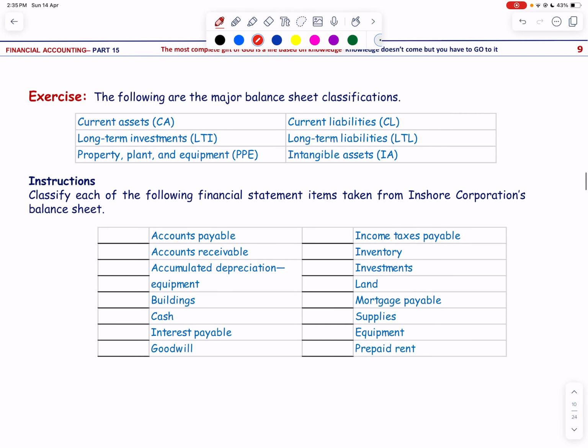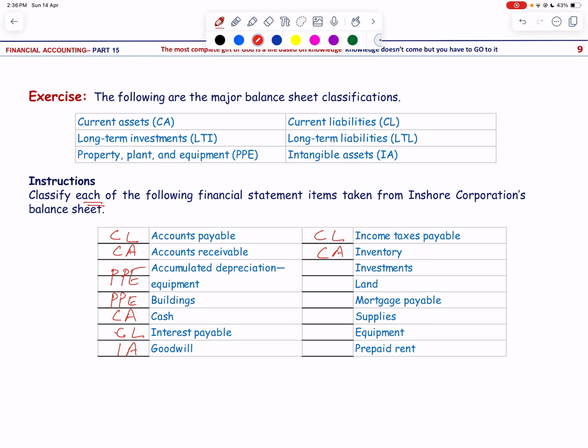Okay. Now following are the major balance sheet classifications. Once again, we have to classify each of the following financial statement items. So accounts payable is a current liability, accounts receivable is a current asset, accumulated depreciation is property, plant and equipment, building is also property, plant and equipment, cash is a current asset, interest payable is a current liability, goodwill is an intangible asset, income tax payable is a current liability, inventory is a current asset, then investment,